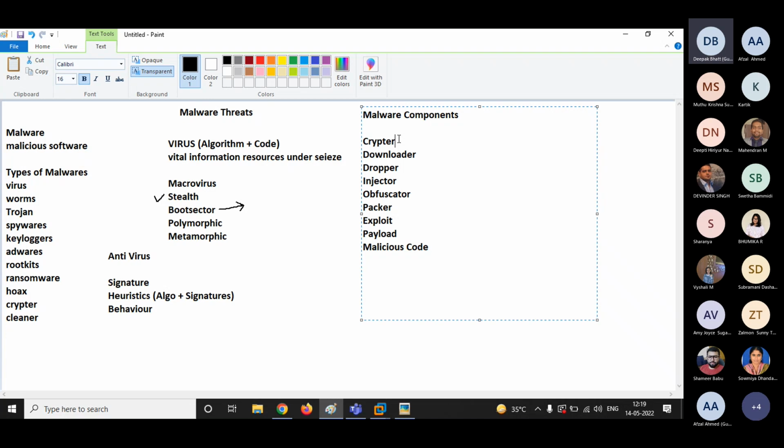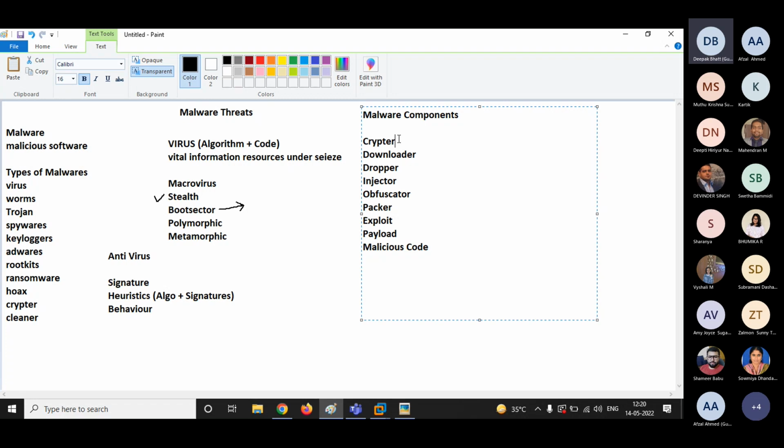Let's suppose you got a box at your home, with no logo, no tracking order, nothing written outside. Can you tell what is inside the box? No, right? That is the packer.